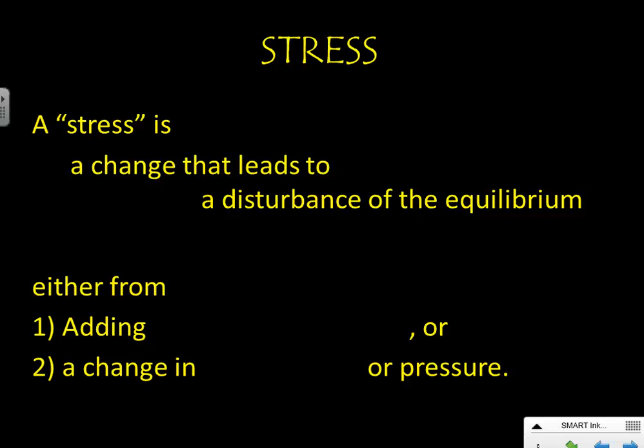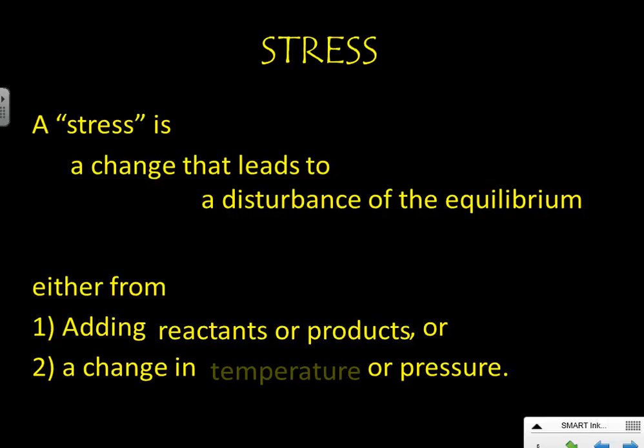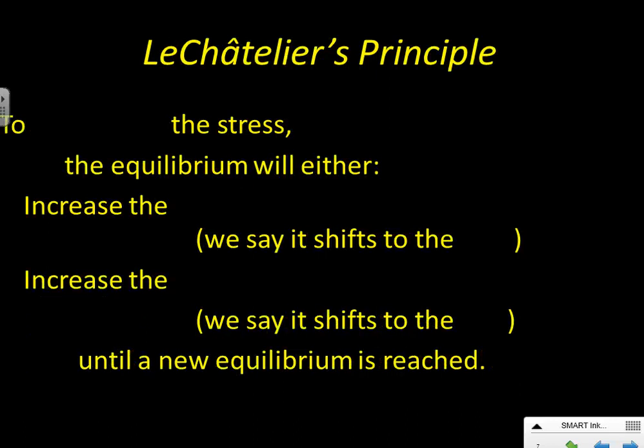And this can happen either from adding reactants or products, or if you change the temperature, or you change the pressure. We're not going to get too involved in the discussion on the changes of pressure. We're going to focus on changing the amount of reactants or products, and we're going to focus on changing the temperature and what those stresses do to an equilibrium. So if a stress is induced,